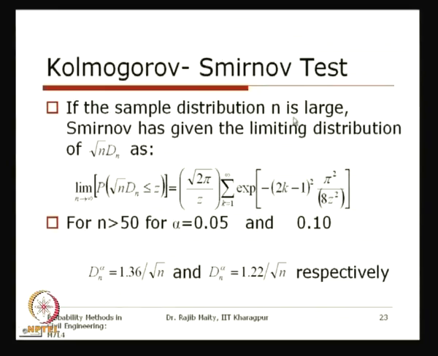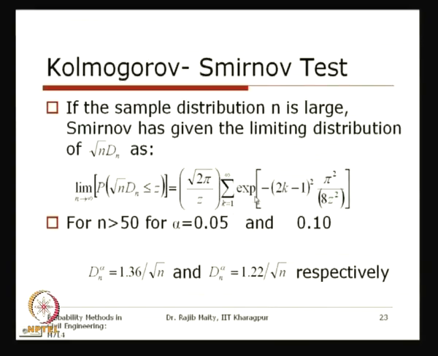Now, if the sample size n is large, Smirnov has given the limiting distribution of square root n multiplied by this Dn. This is the Dn that we have defined, the maximum difference, multiplied by square root n. This quantity follows a distribution like this: the limit as n tends to infinity of the probability that square root n multiplied by Dn, the statistic, is less than or equal to z is equal to square root 2 pi by z multiplied by